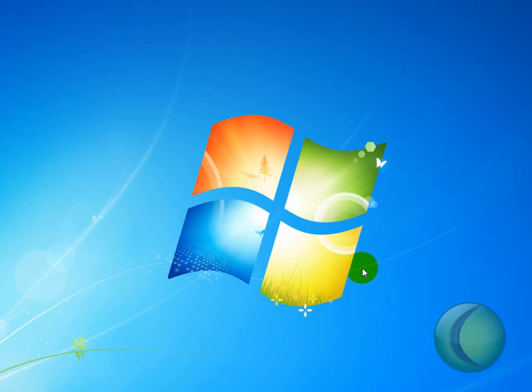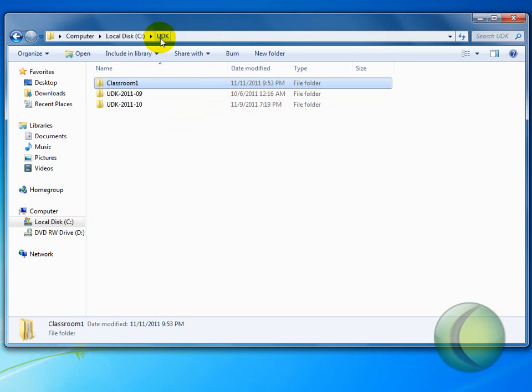In this video we're going to get the UDK set up initially for our game so we can start creating it. What we're going to do is go into your UDK folder, which is found in your C drive, then go into your version folder, which is most likely October of 2011 or perhaps later. I don't suggest going too far back if you have an old version